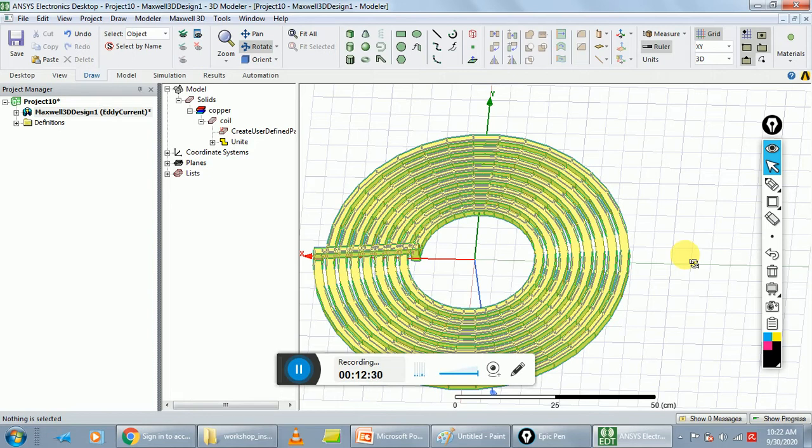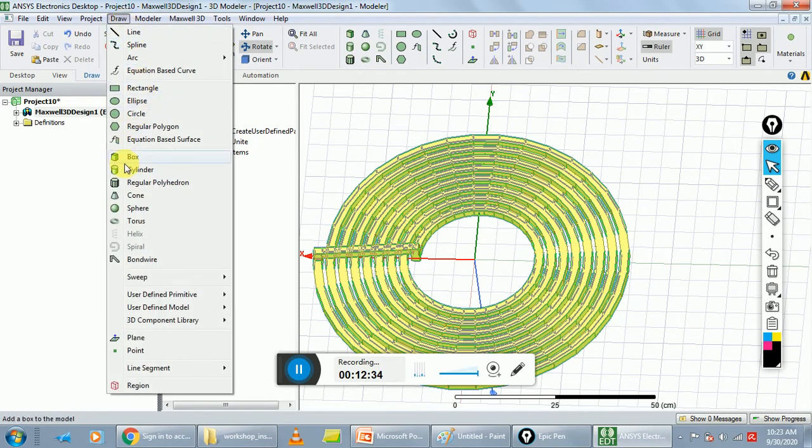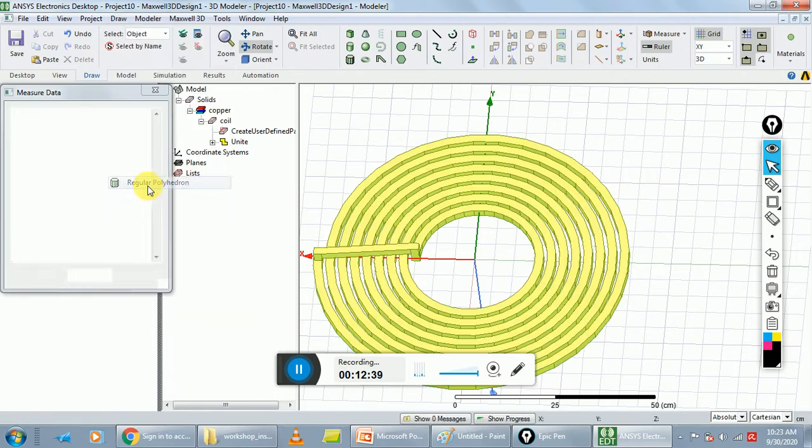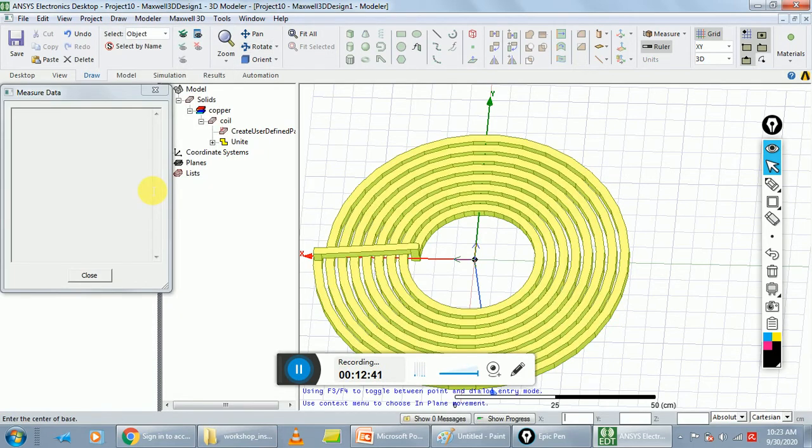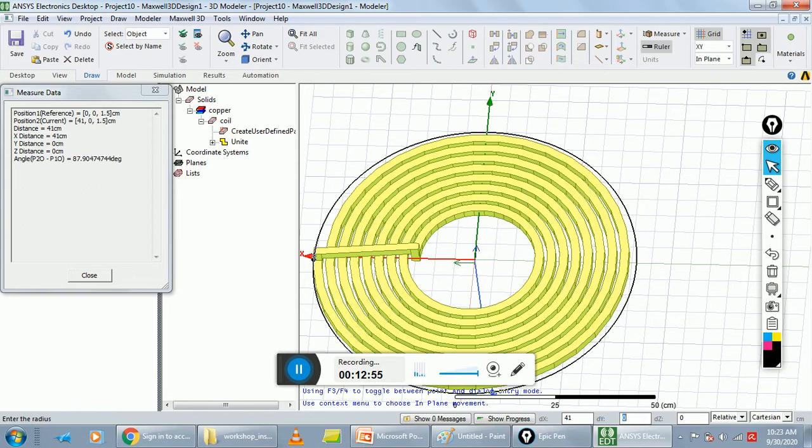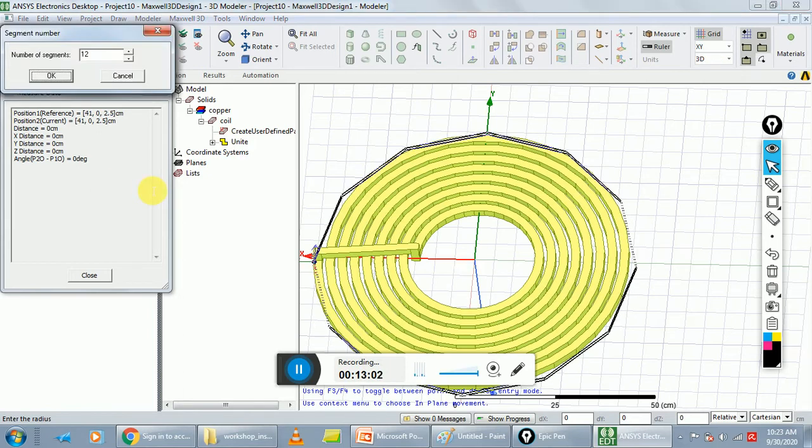Okay, next step is to create the disk. For creation of the disk, go to Draw and choose Regular Polyhedron and put the coordinates x is 0, y is 0 and z is 1.5, press enter key, and dx is 41 and dy is 0 and dz is 1, press enter key.